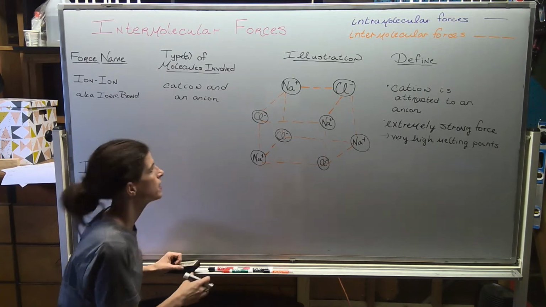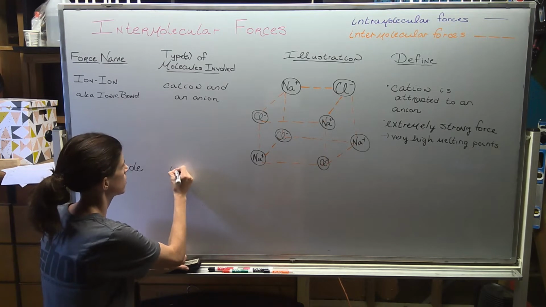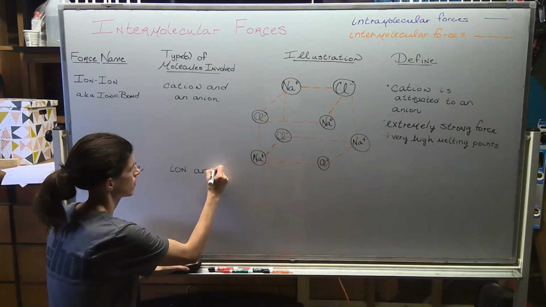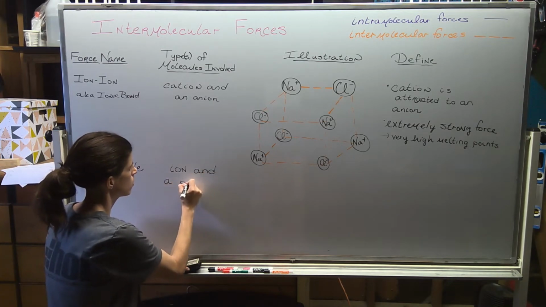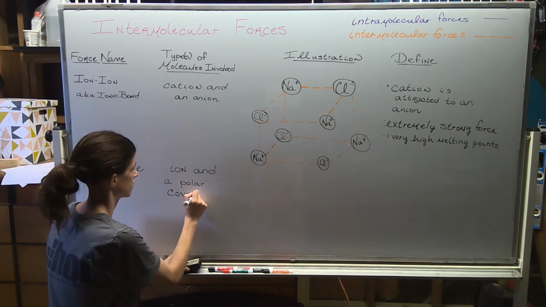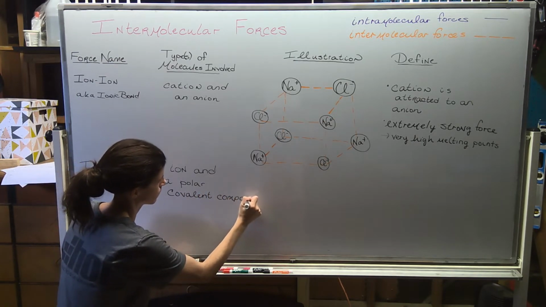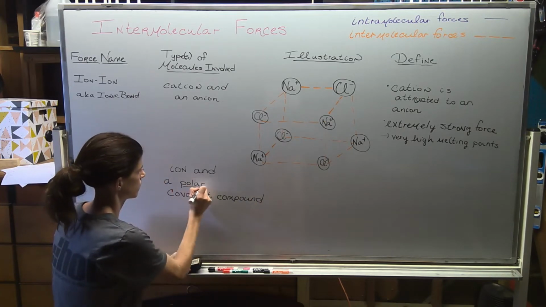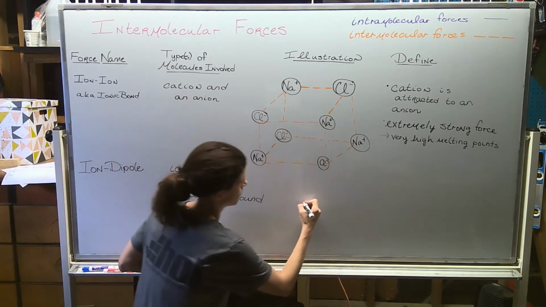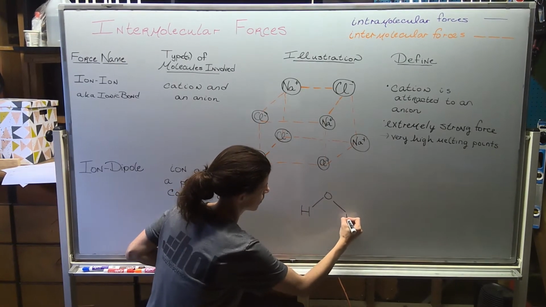All right, so for ion-dipole, what we're looking at is some kind of ion, positive or negative, and a polar covalent compound. Water is considered a polar covalent compound. Let me draw an example of this one over here. Why water is polar covalent